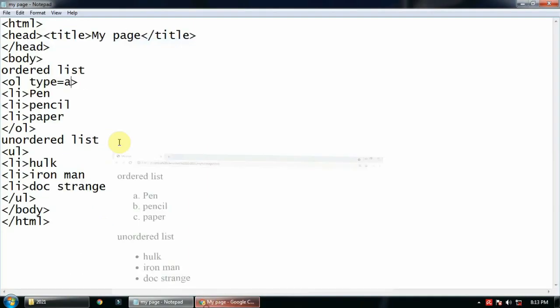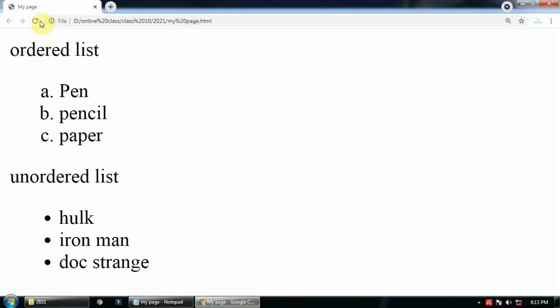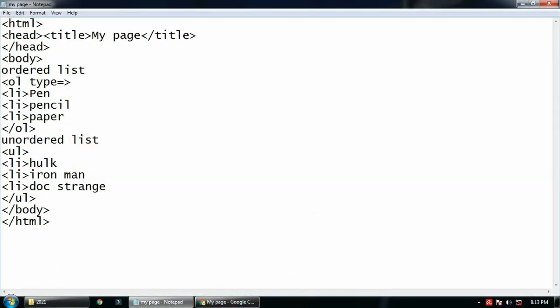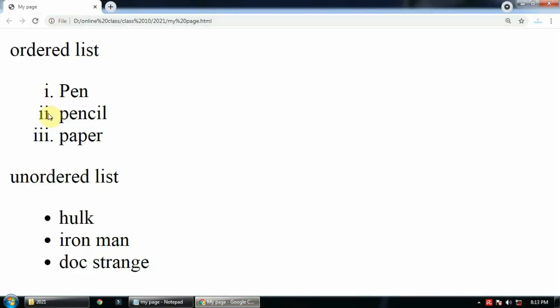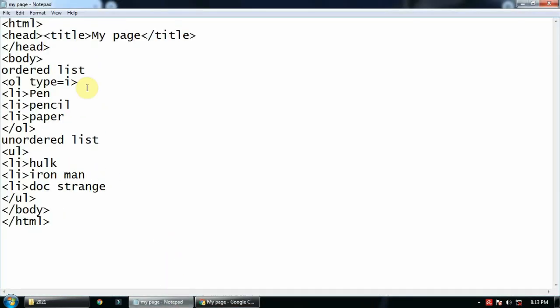If you write small a, you will see abc. If you write capital A and save it, refresh, it will come in ABC in capital. If you write Roman numerals, it will appear like this. So these are the types.